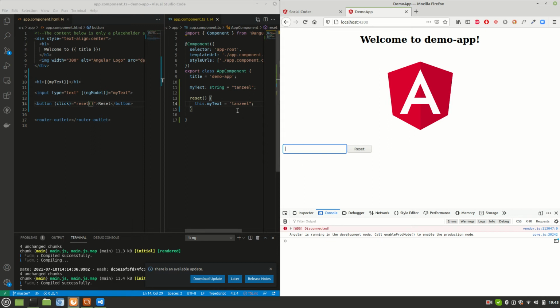In fact, let me try to change this value. Let me set it to my surname. Okay, so no matter what changes I make here, when I click reset, it goes back to Mirza, and everything starts displaying that only, because we have bound the value with all the HTML elements. So that's how it is accomplished. This is two-way binding.